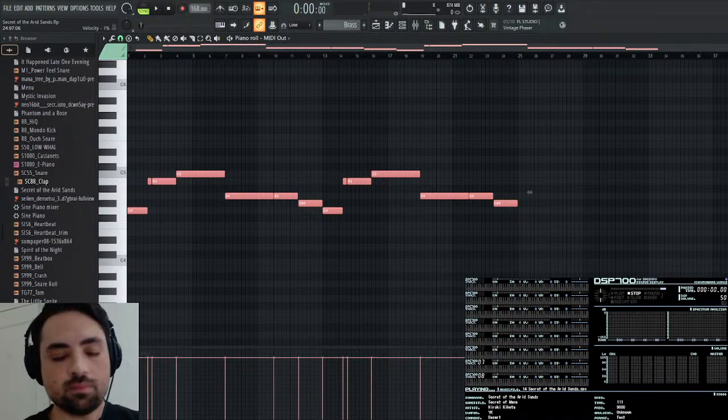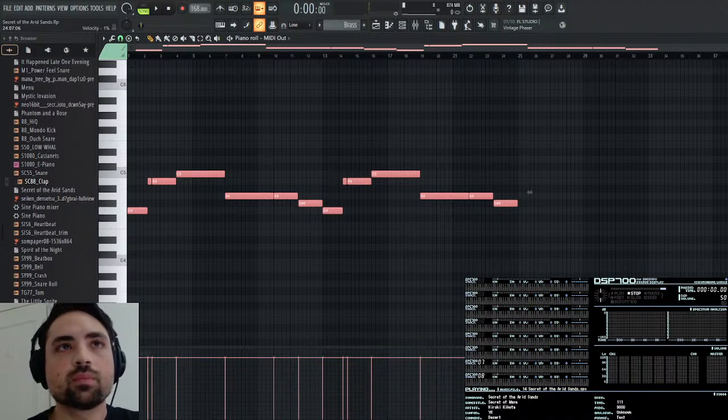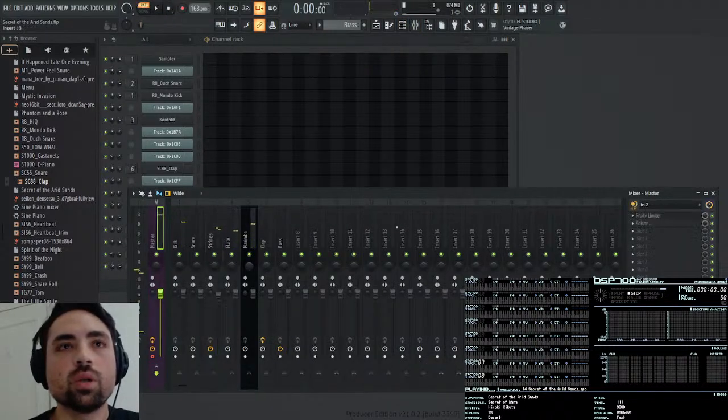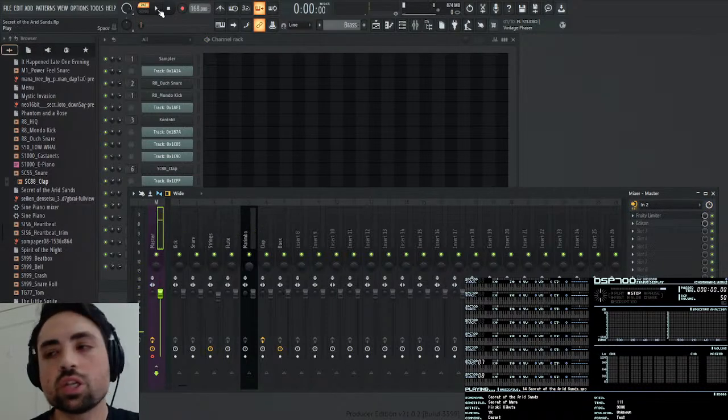All right. So now we have our brass patch selected. Now if we play this, it'll show up in the thing. So now I need to adjust my volume.